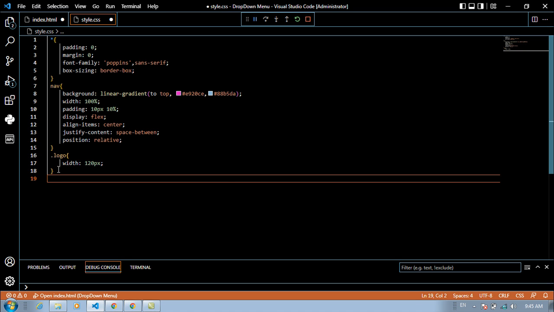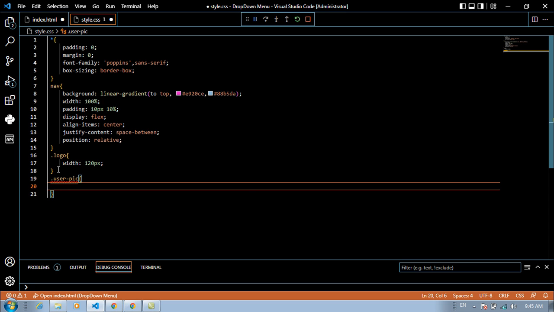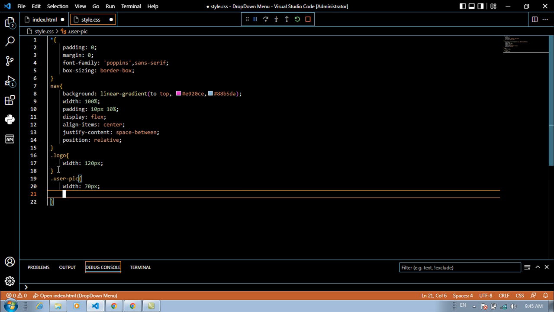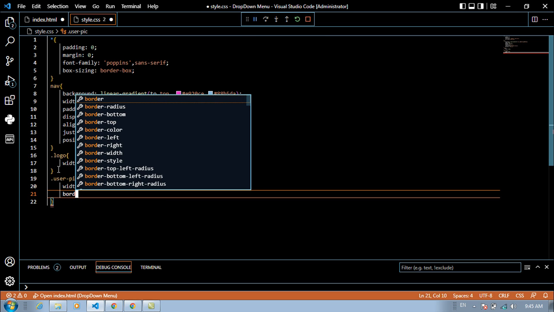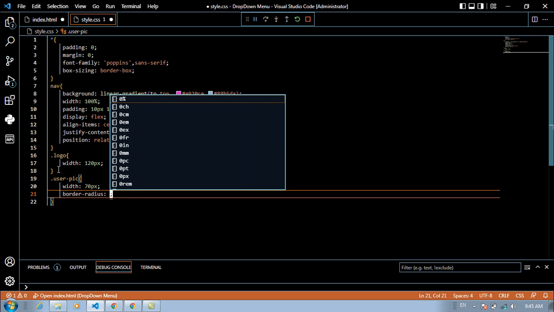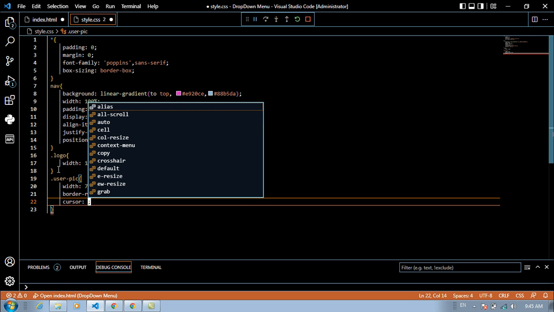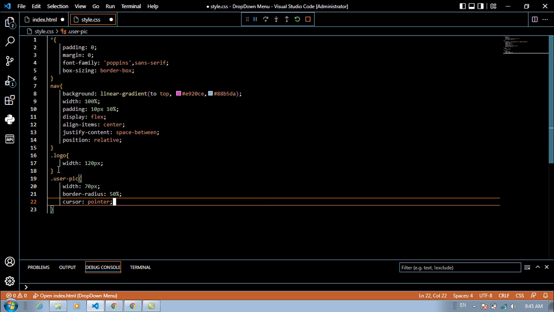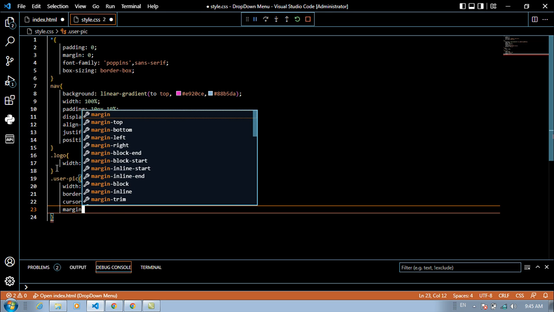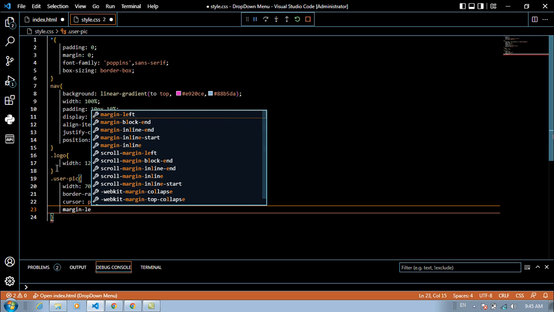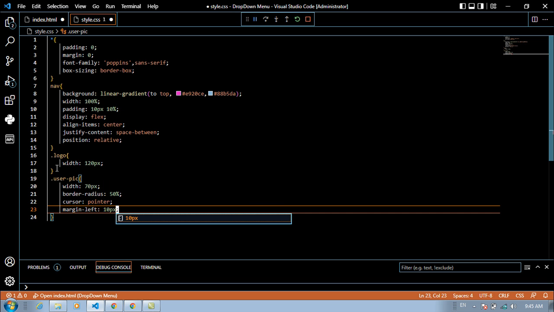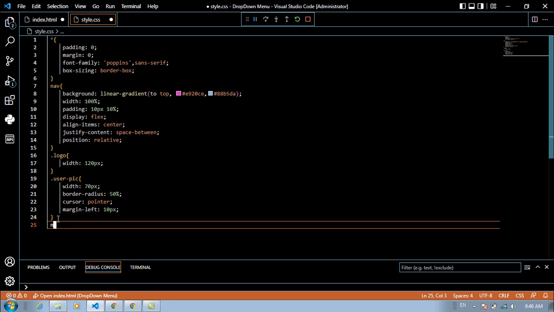And we have got dot user for this one we can select width should be 70 pixel for, and border radius should be 50%, and cursor should be pointer, and margin left should be 10%. On the left this space we have got nav ul,